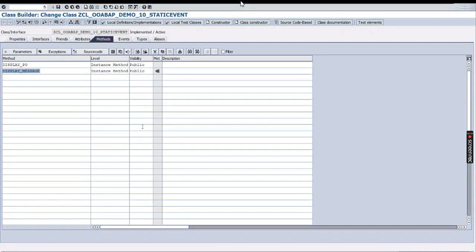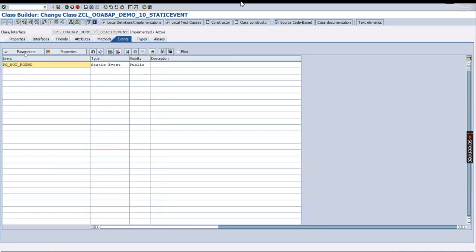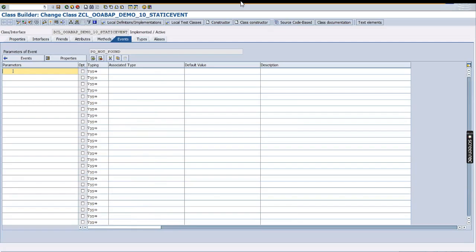Fine. So now let's go and see event with parameter. Inside this event, you can put the parameter. Let's suppose I want to pass the PO number which was not found. So here you can put the parameter. I'm just going to give EV. It is always going to have the exporting parameter by default. So EV underscore PO,